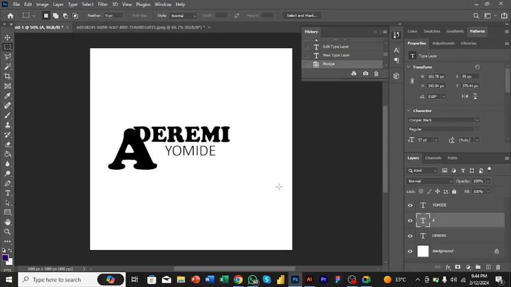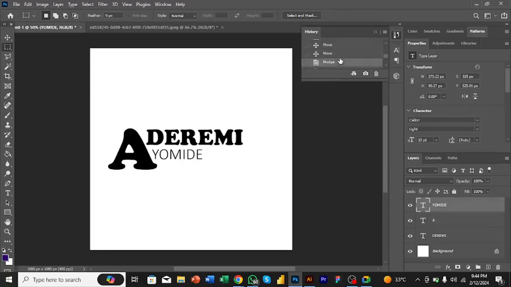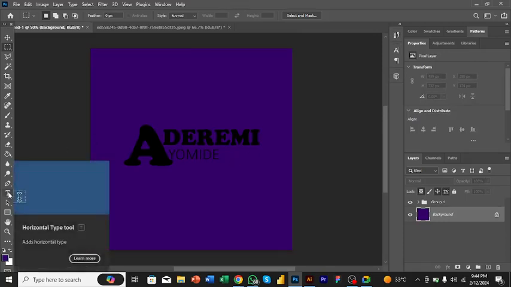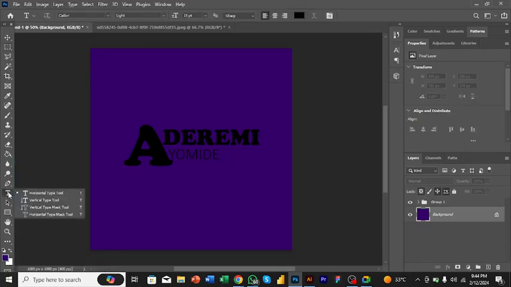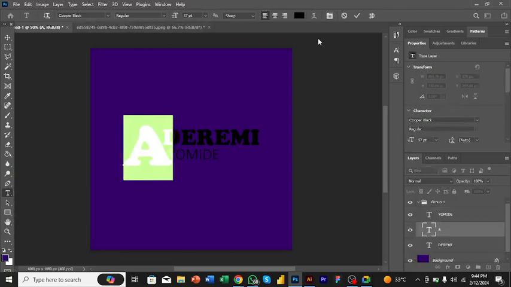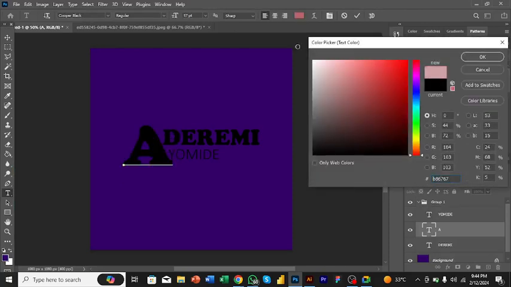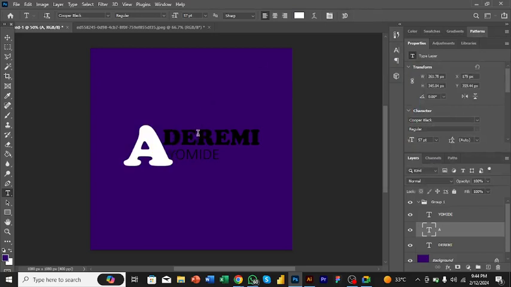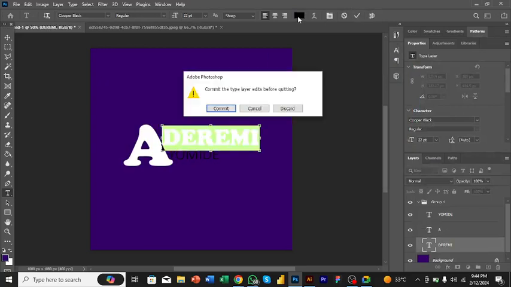Alright, so I picked what was it called? Bucket. This is where I am. Alright, so I picked the purple color. Then now you can see that my design is a bit dark. I can't see anything in my design, so basically I can just come here, change the color of my font to white, so it's going to be bright. Select that, cancel,